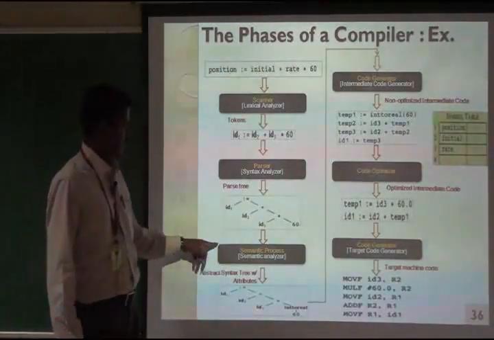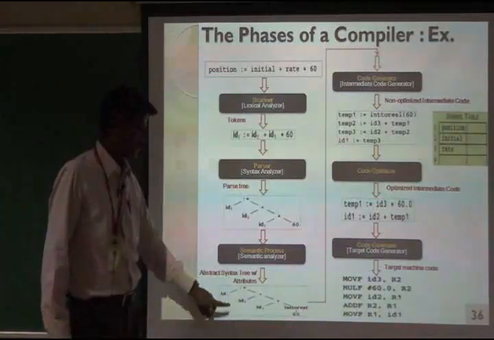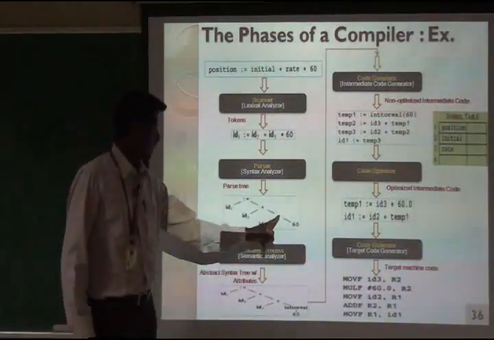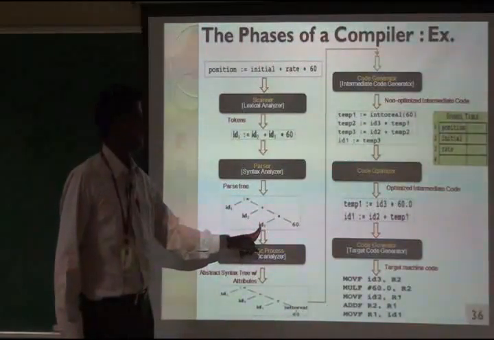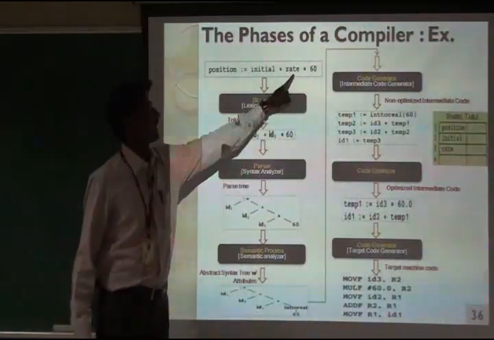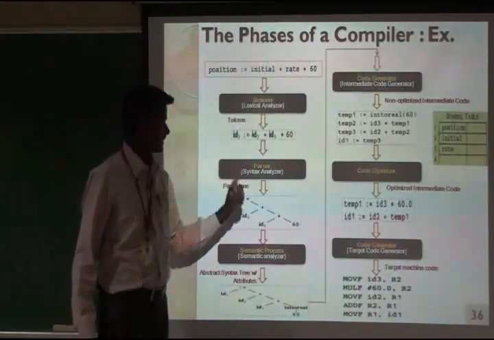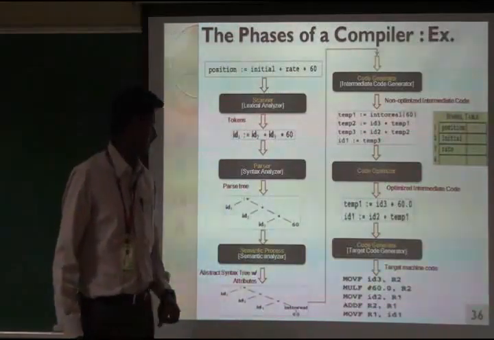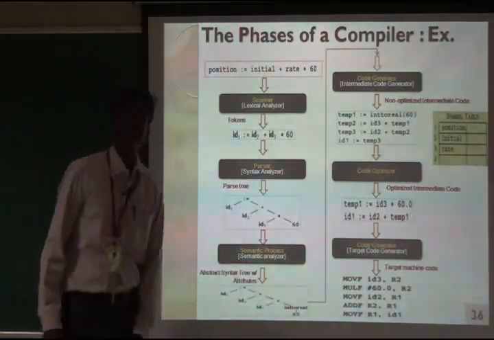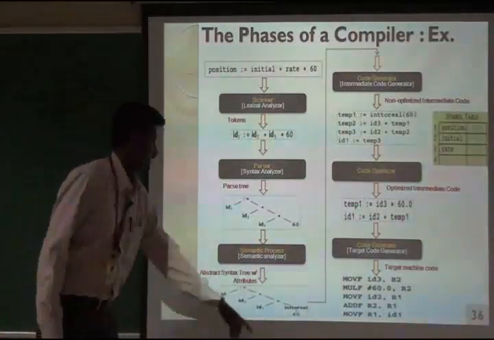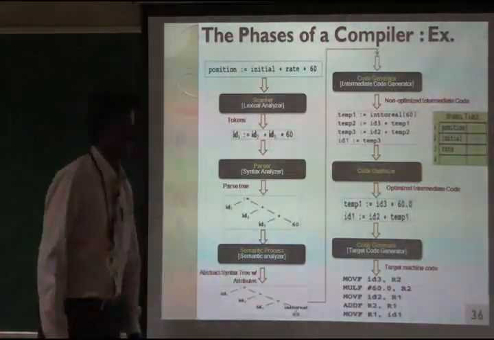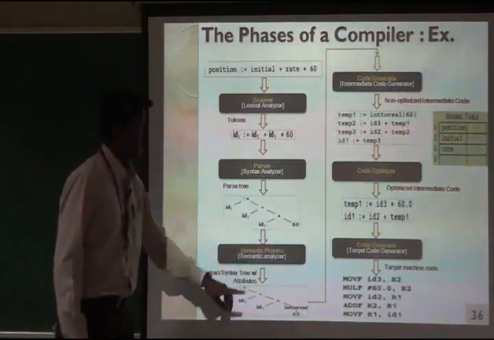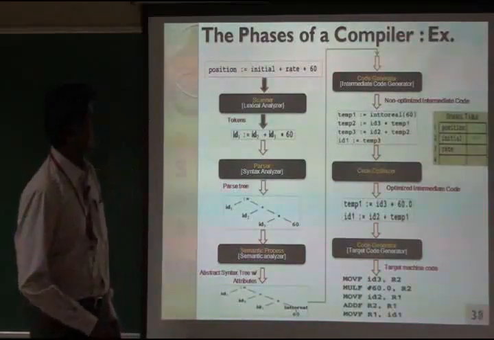So the semantic analyzer is going to check for type mismatches. Here there is a type mismatch. 60 could not be multiplied with identifier 3. Why? Because identifier 3 is rate, a floating point value, which could not be multiplied with an integer value, so it must go for type conversion. 60 is converted to real, then it may go for the multiplication, done by our semantic analyzer. Okay,